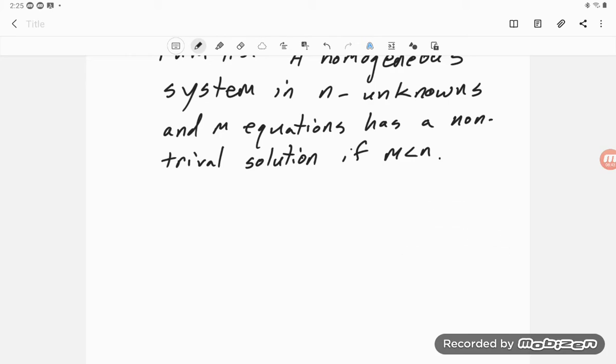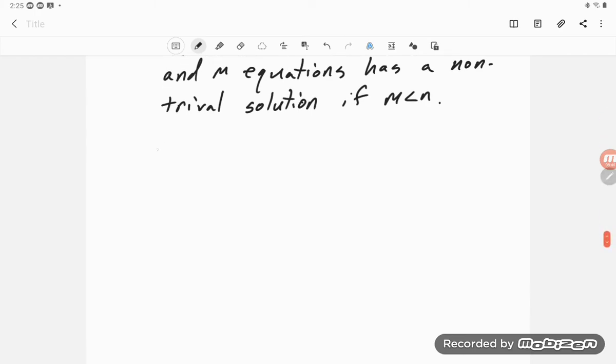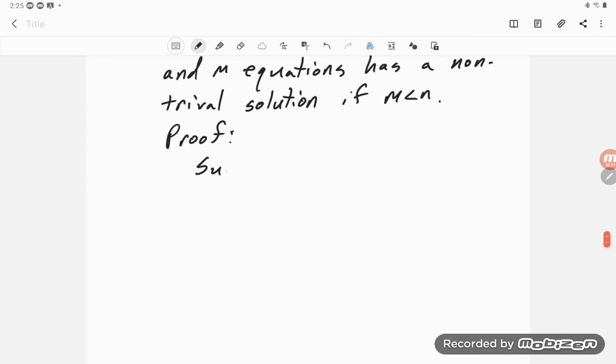And now they go through the proof on this, and it's just a number sort of thing. Okay, so we say suppose m is less than n, then